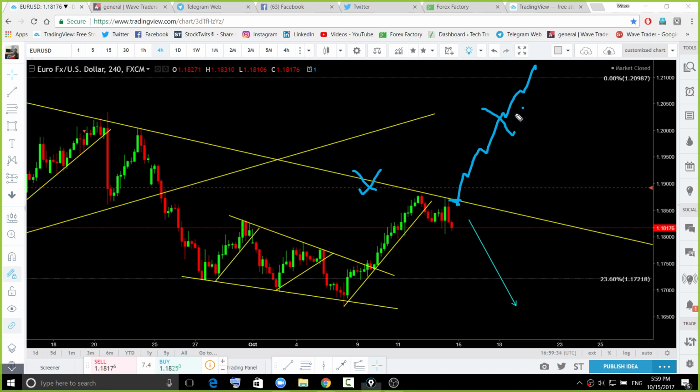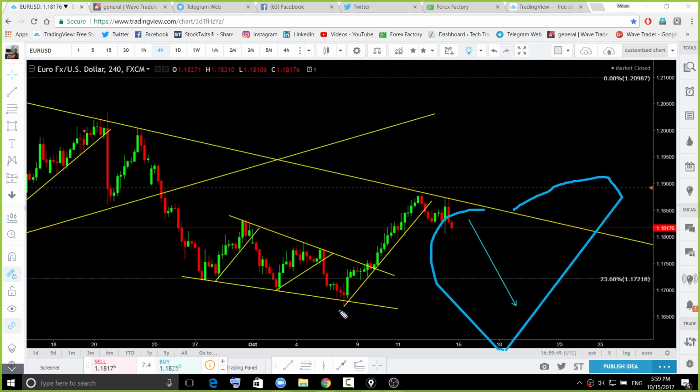So this possibility exists over there, but I'm not looking for that possibility. I'm looking for this possibility. Highly likely you're going to see that breakdown to the downside. Okay, so next week look for that trade, and once price comes close to this bottom, then we will decide where we need to trade.